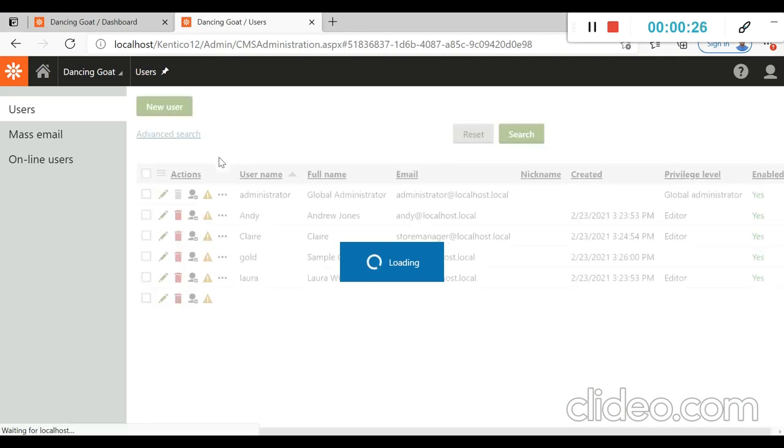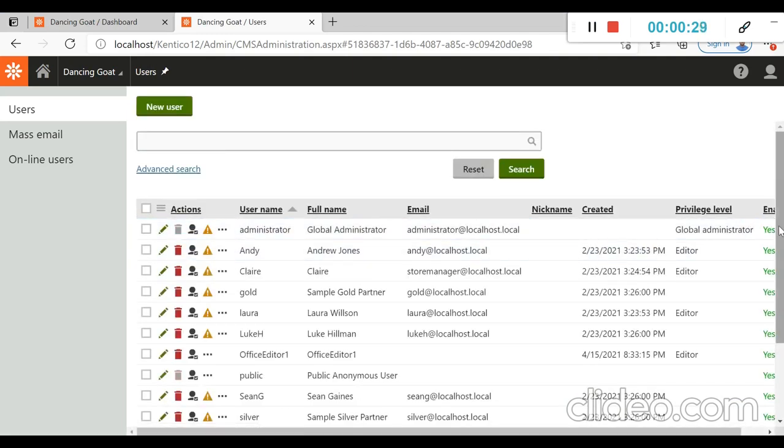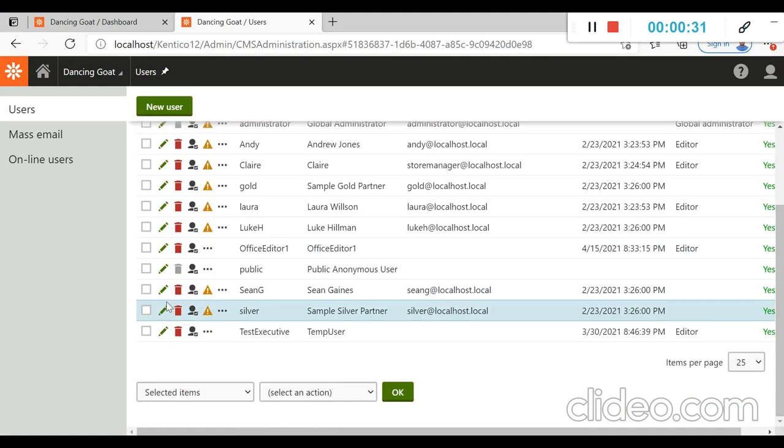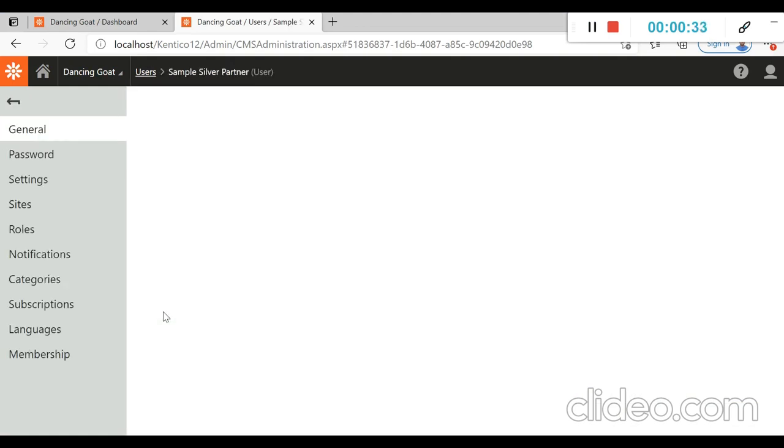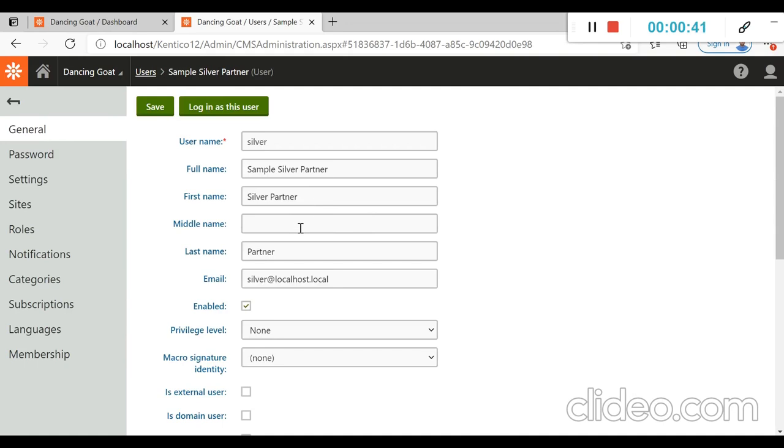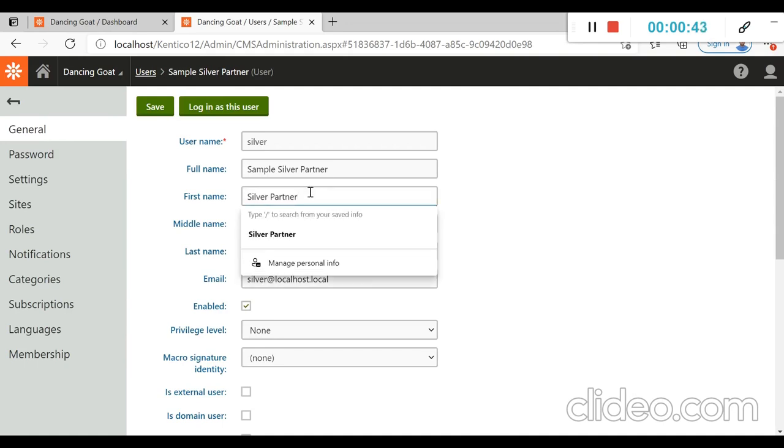Here we will see all the users. Now let's edit one user and see if our global event handler is working or not.